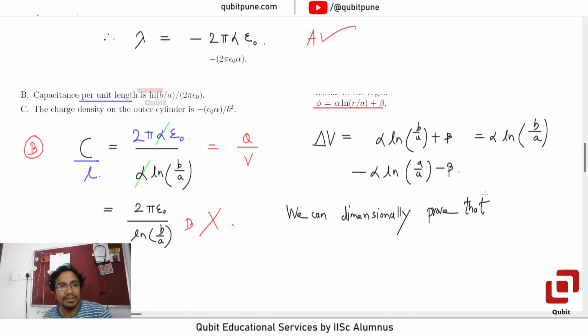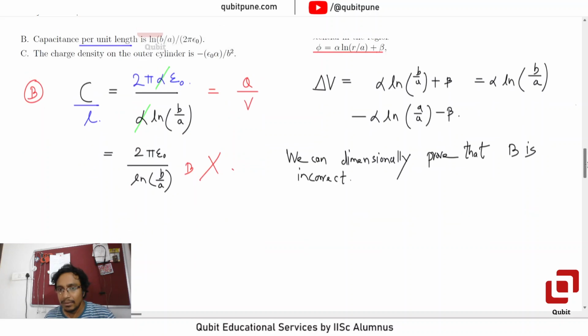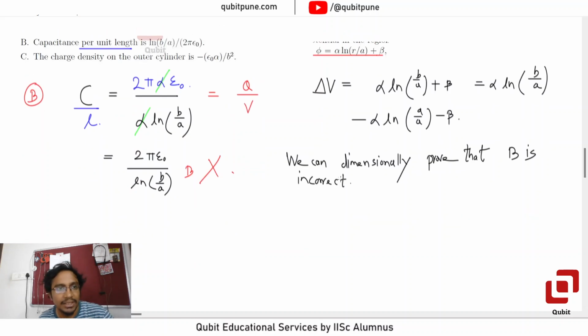We can dimensionally prove that B is incorrect. Do you want to try that on your own, or shall I do it here? इस ये डायमेंशनल भी हो सकता है बी का. कैसे होगा? लुक,